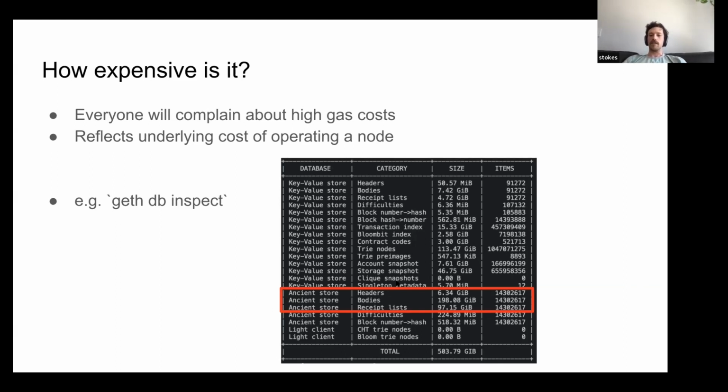So I did do this call here with the red box, and it's just to say, there's some differentiation the Geth software makes between recent values and ancient values. I don't know exactly what this cutoff is, but approximately we can say this is about what 4444 would basically say, okay, you could drop. And it would be the stuff in this ancient store. And so you look, it'd be headers, block bodies, receipts. And if you total this up, this is like 300 gigabytes. So that's over half of the disk footprint already. So if we ship 4444 as is written right now, then you could suddenly run two execution clients, or you'd suddenly have so many more resources just immediately.